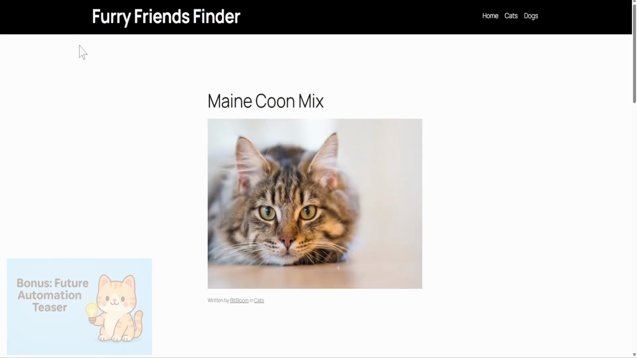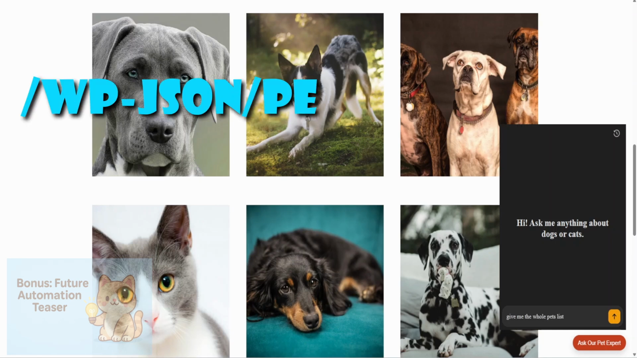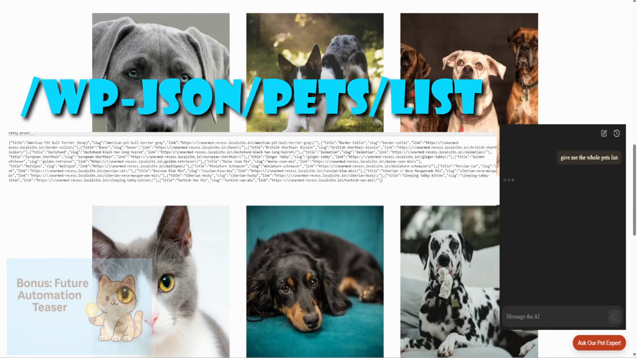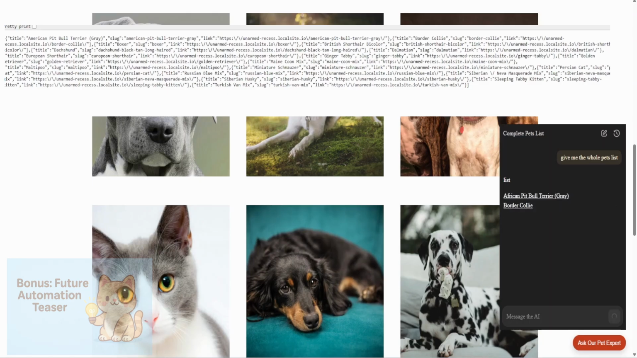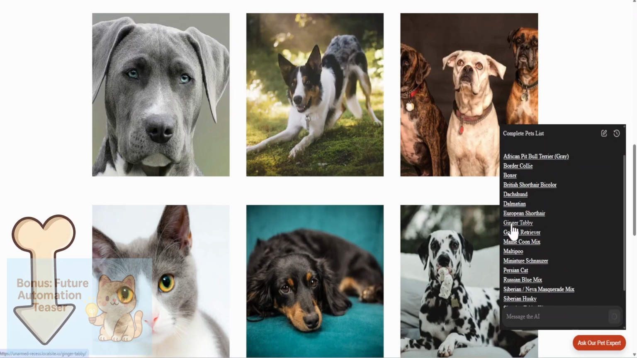All it takes is a tiny custom route in WordPress, something like wp-json/pets/list that returns your dog and cat posts as a simple JSON. Then you give the agent permission to call that route, and now it can mix external knowledge with your own content. We won't dive into that today,